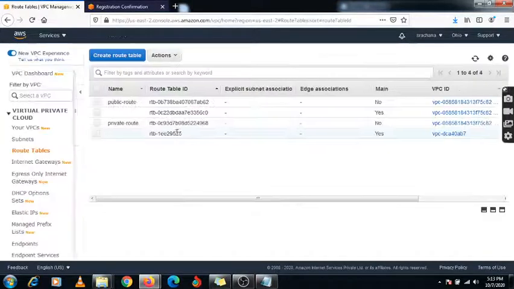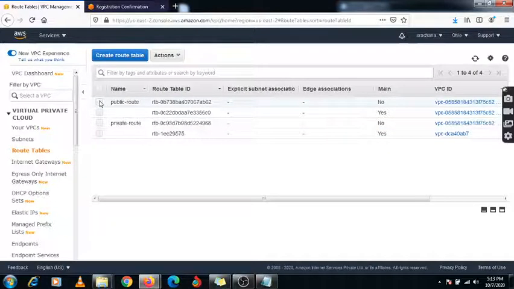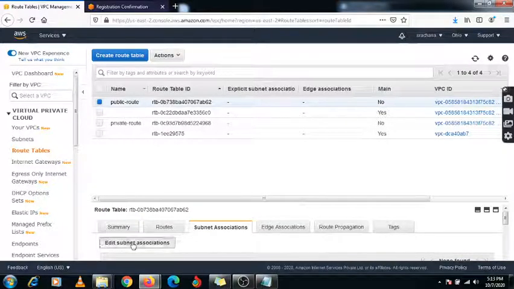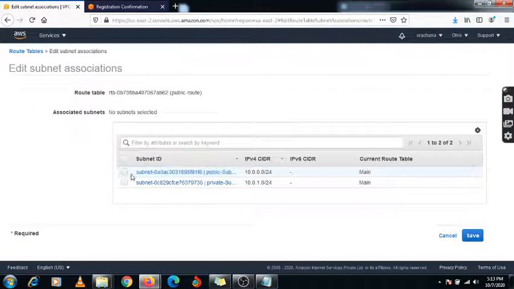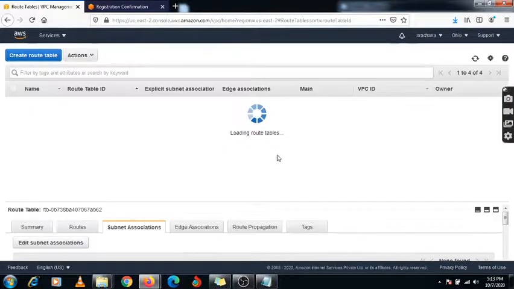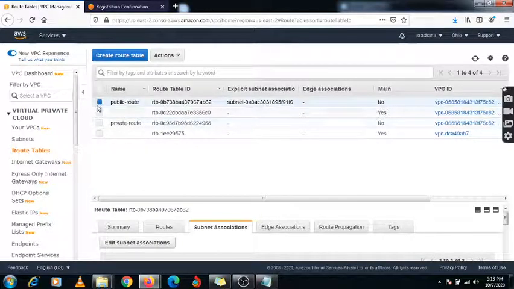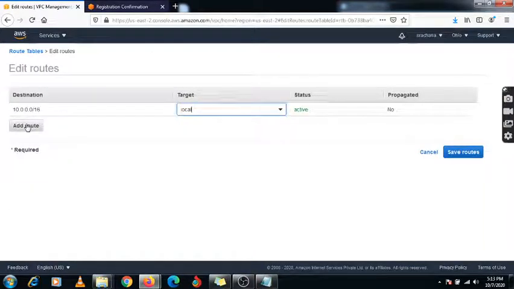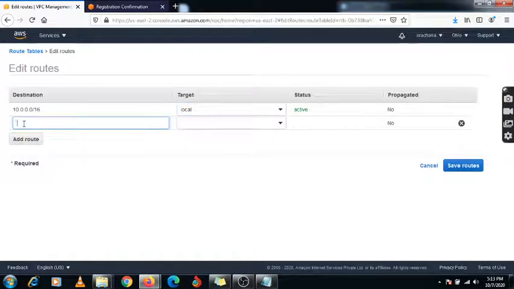So these steps we have done, and now with the public route we need to associate the public subnet which I have created. We need to associate this public subnet with the public route, and there we need to specify the route path, so that all instances in the public subnet are connected to the internet using this internet gateway.